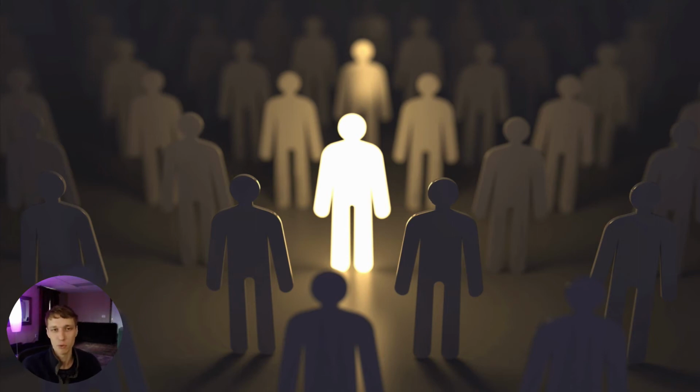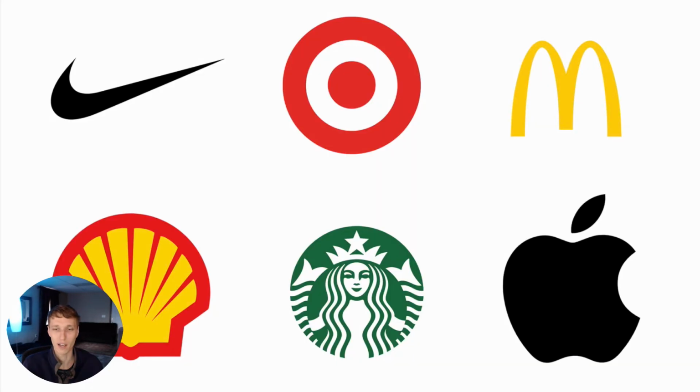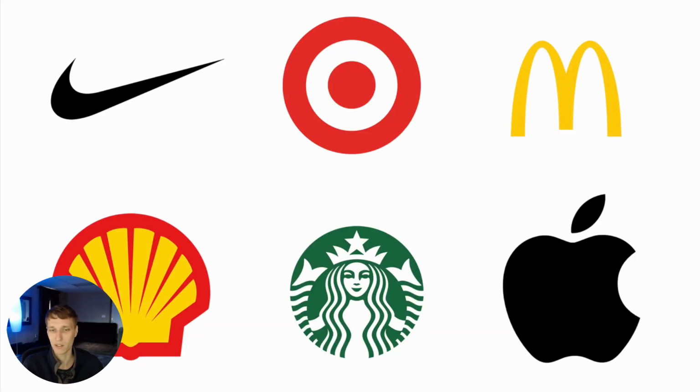And then the third rule, and this is honestly probably the most important rule, is keep it simple. Again, this is something that people often overcomplicate. They try to turn a logo into a novel in image form rather than just an iconic glyph like this. These aren't telling stories. There's no detail to see. I guess the Starbucks one is pretty detailed, but even so, if you were to make it really small, you can still kind of see what it is.